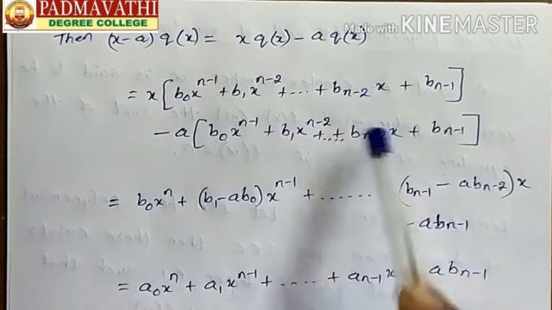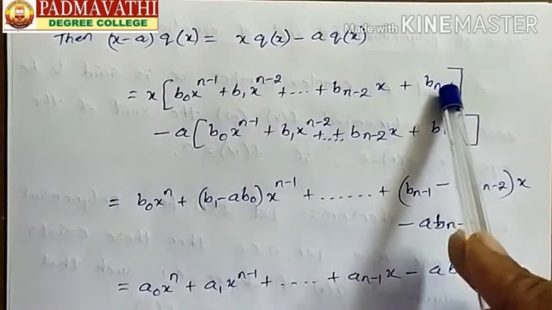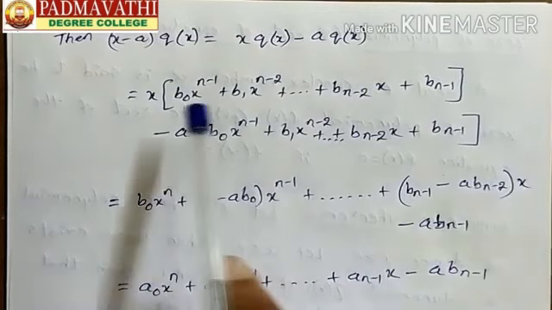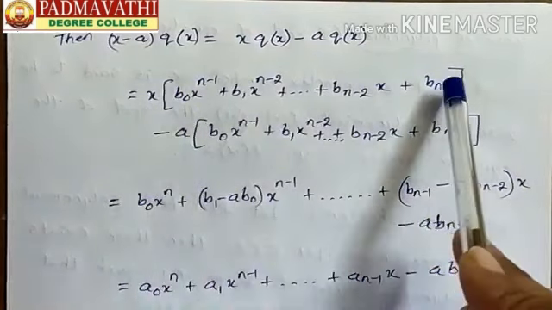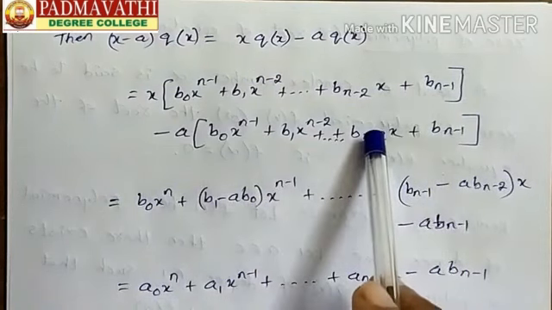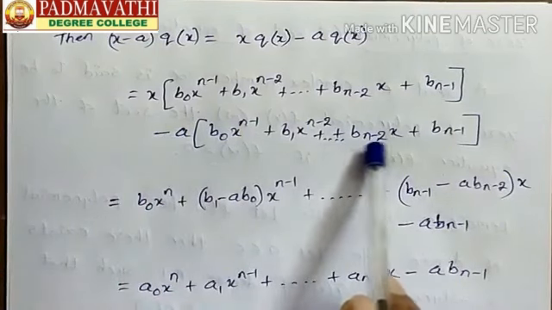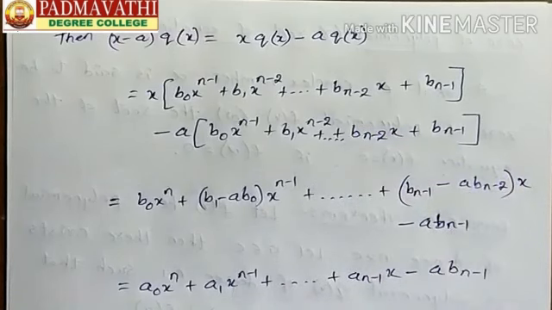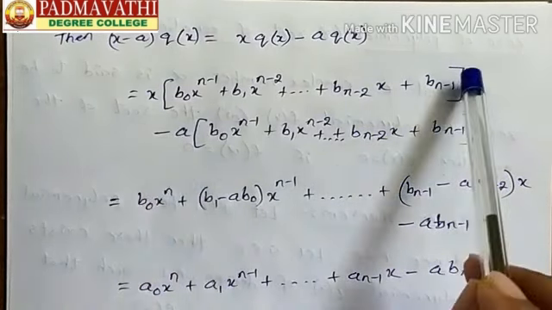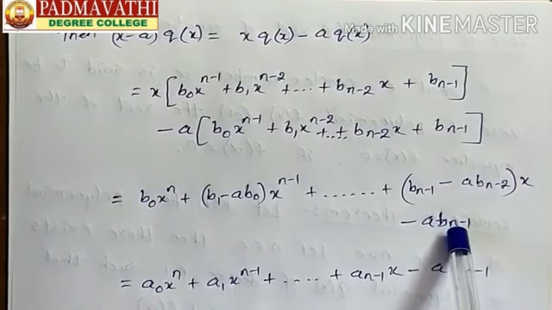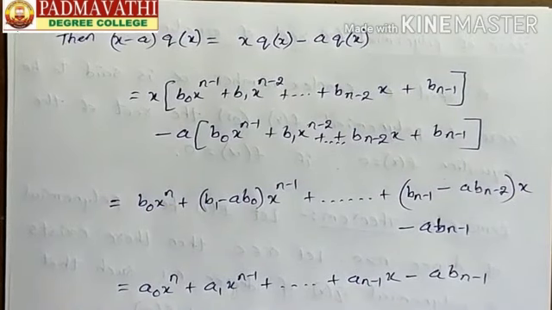Here the last two terms also: here bn minus 1 into x will be there, and here bn minus 2 into x will be there. This a also will be multiplied here. Now we are taking x common. Then the x value we are taking from this term, so bn minus 1 is there. And the x value I am taking common from this term, a into bn minus 2 into x. Means taking x common, a into bn minus 2 will come here. Minus, and the last term is here, all the terms will be over. In this, minus a into bn minus 1 is there. So that term I am writing here: minus a into bn minus 1.